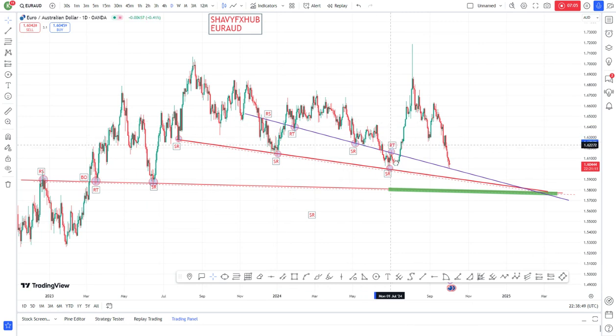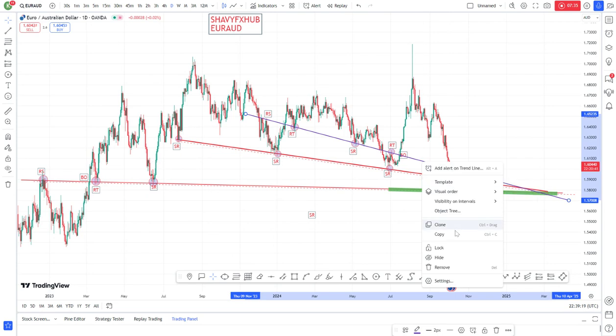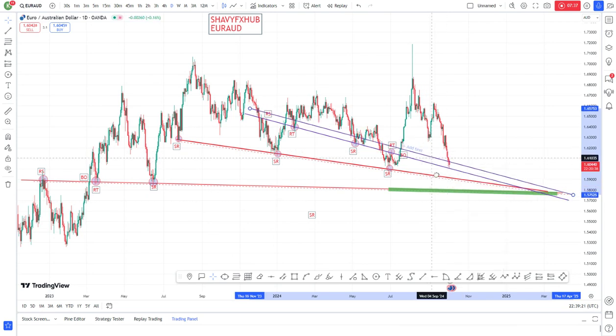The descending trend line. We have a retest. And when price came, it broke the structure. We have a breakout candle. What should we expect? It's a retest. This is a breakout candle. Yes, a breakout candle. And price is back in this zone. And based on the structure, EUR/AUD closed the day on a strong rejection, respecting the descending trend line.